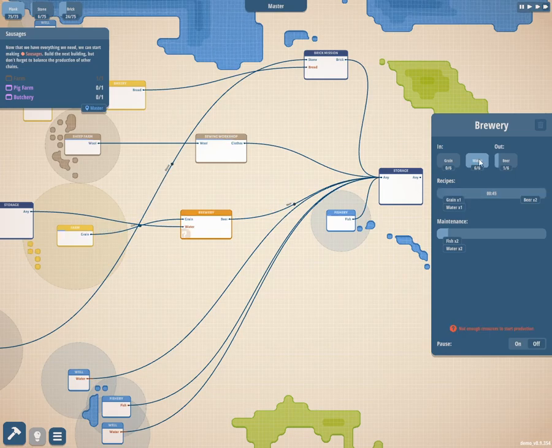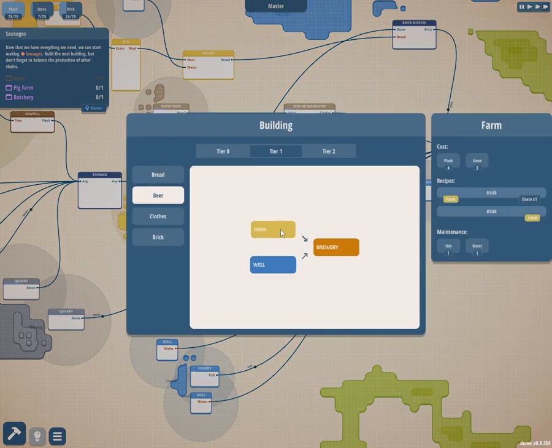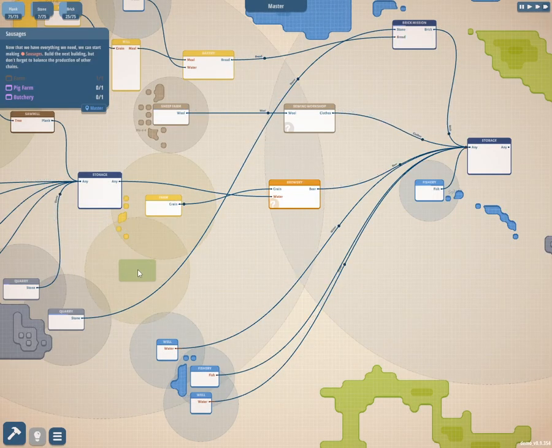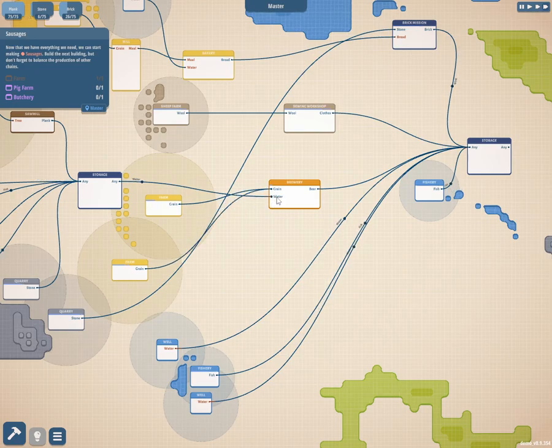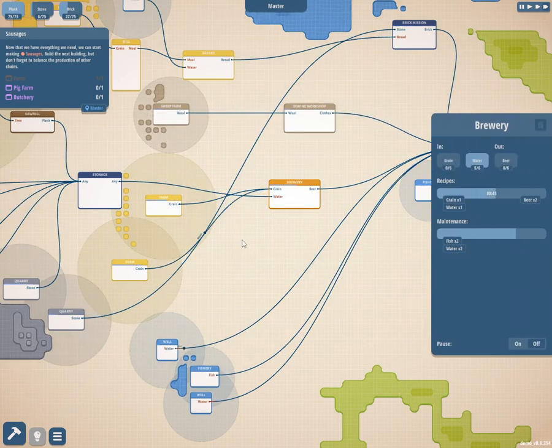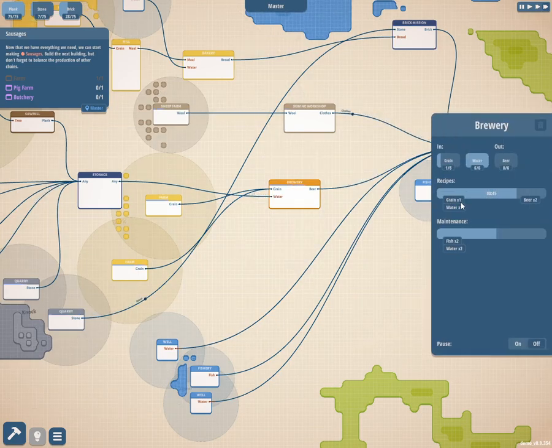So water is not the issue, it's the grain that's the issue. So I think what we kind of want to do is maybe get more grain going, because it seems to be kind of the limiting factor here, because we have 6 out of 6 water. So water isn't the issue. And this might be where you kind of want to time different things, because, for example, it takes a minute for a grain to be done. And then it takes 45 seconds for